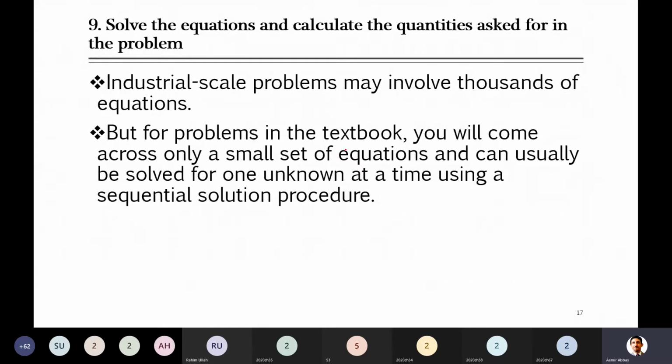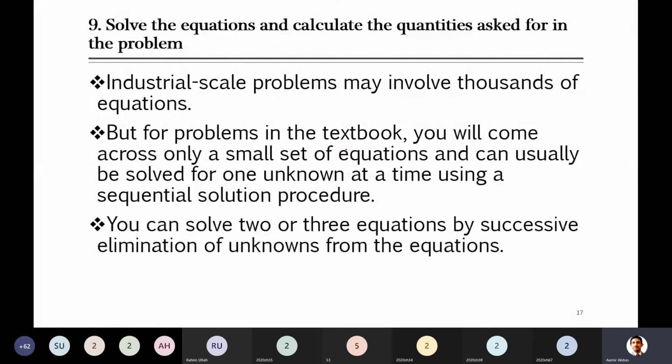An example is algebra, which you solved in matric as well as in FSc classes. In algebra, you have two equations in the form of x and y, and you are looking for their values. So you solve them simultaneously. Either you add them, subtract them, and finally you reach some conclusion. You get the values of x and y. That's the simultaneous solution.